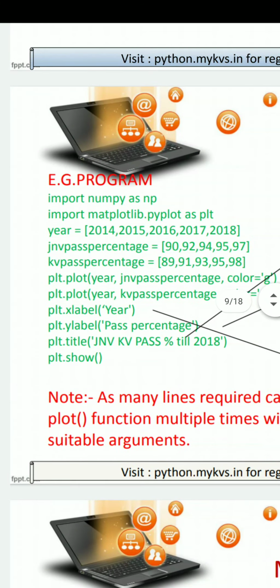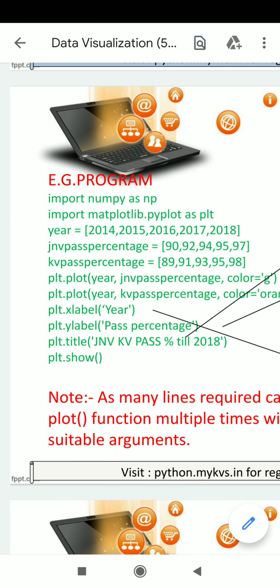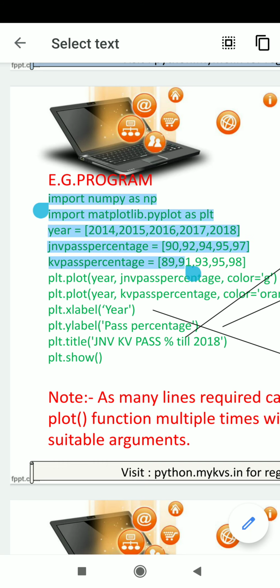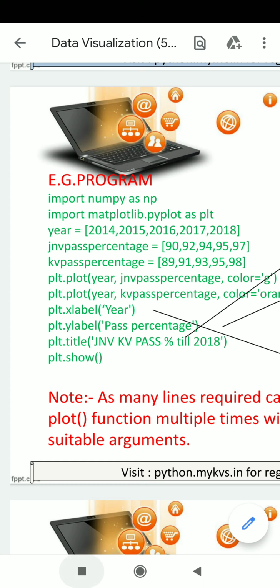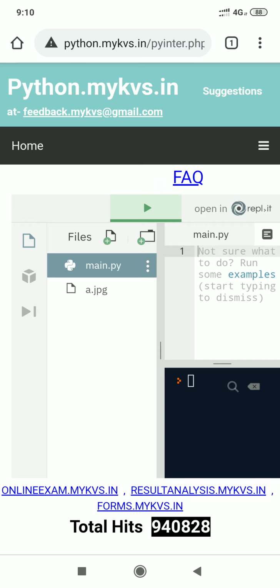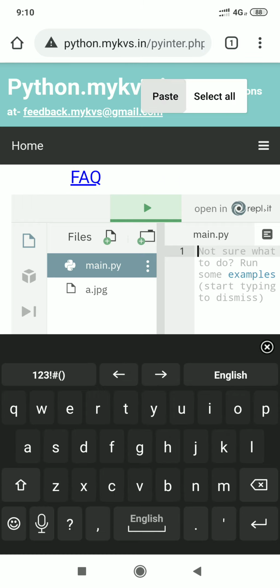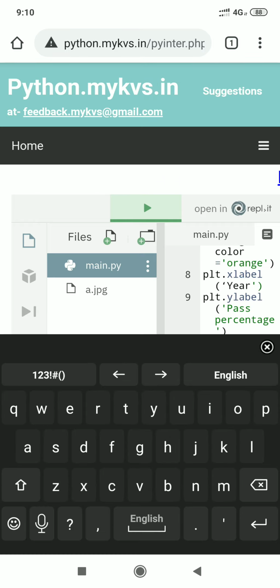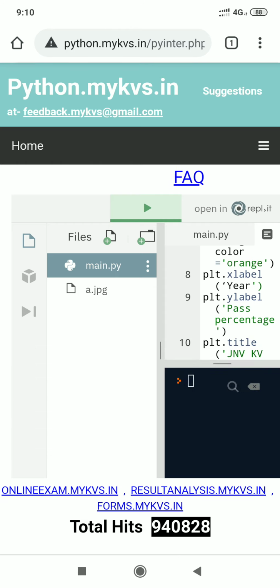Press here, and then copy. Now move here and press paste. Okay. Now we are having main.py as one file and another is a.jpg.